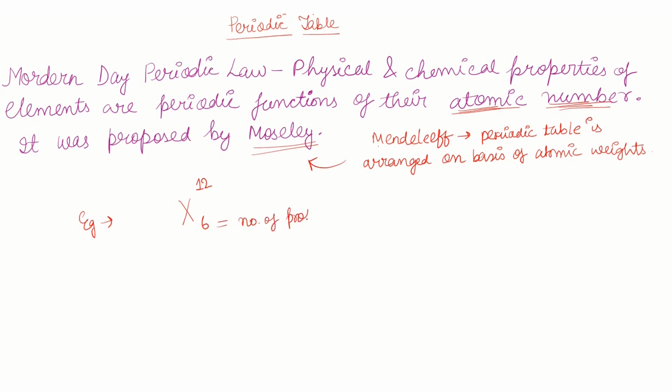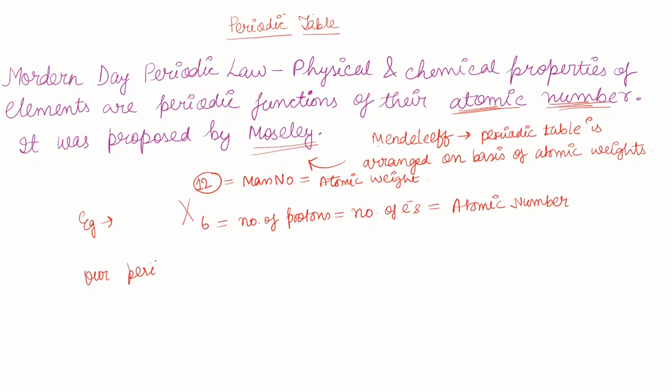Now this value is equal to the number of protons, also equal to the number of electrons, and this is only our atomic number, and this value 12 is going to be our mass number. Okay, so mass number is what we write as atomic weight. So an element represented like this means this. So like this we can arrange our periodic table,